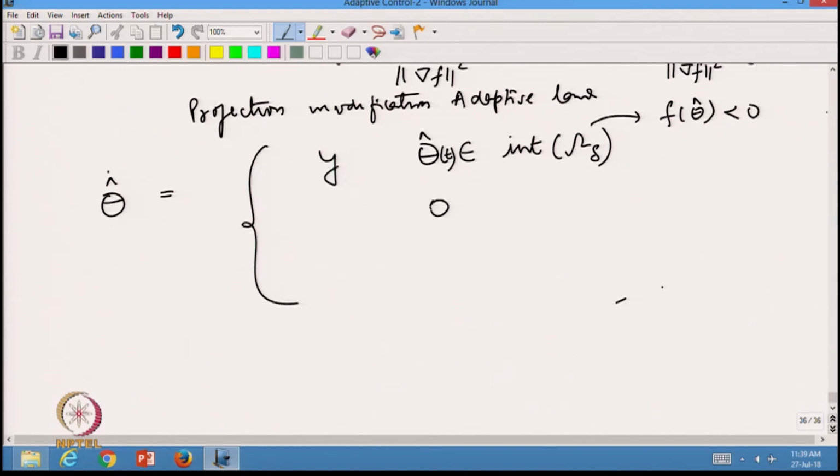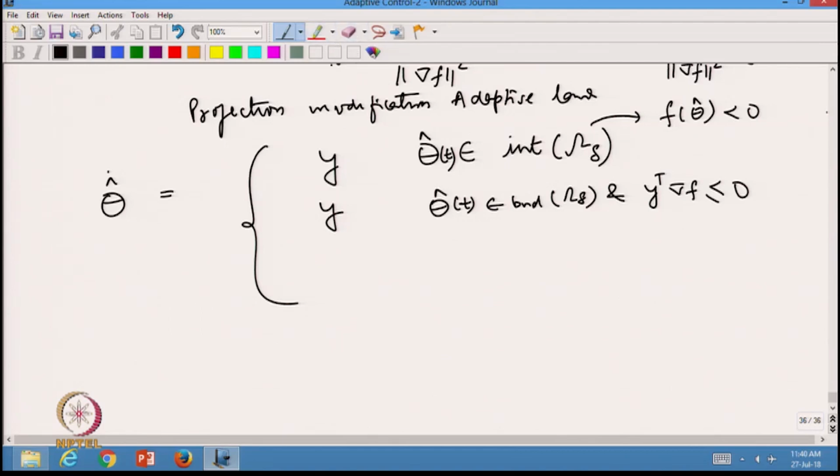Then we look at the case where theta hat of t is at the boundary of this convex set, and the dot product of y and del f is less than equal to 0. So in that case, y transpose gradient of f is less than equal to 0, which means that, as I mentioned, y is either pointing tangential to the curve or it is pointing inside. So in that case again we continue to use the same update law,